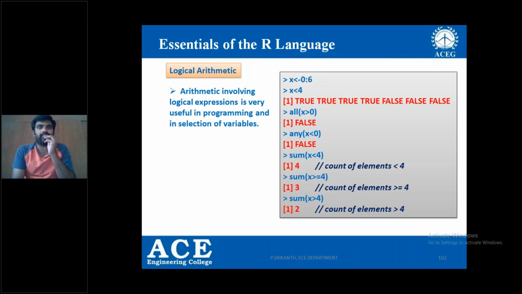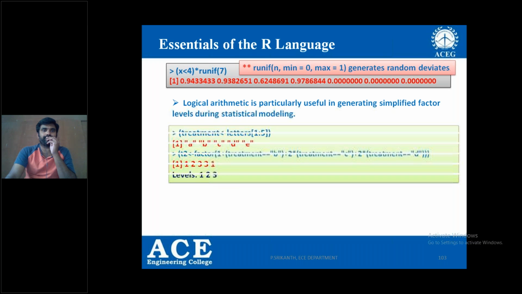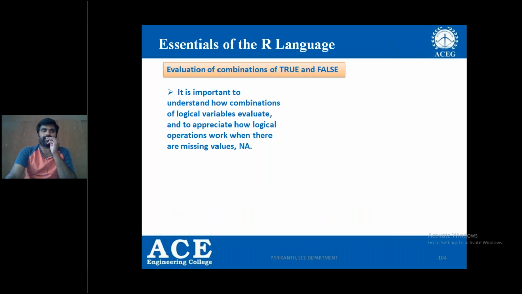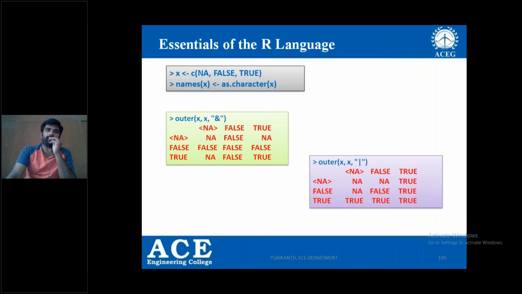Logical arithmetic. So logical arithmetic in the sense, it checks whether it is a positive value or less than 0 or 0. So whatever the value which is 0 or less than 0 will be considered as false in the R language, right? Just some examples for arithmetic operation, I mean logic operations, right? So here even you can do the logical operations like logical not, logical and, logical or, less than or greater than. All these operations can be done. Simple thing.